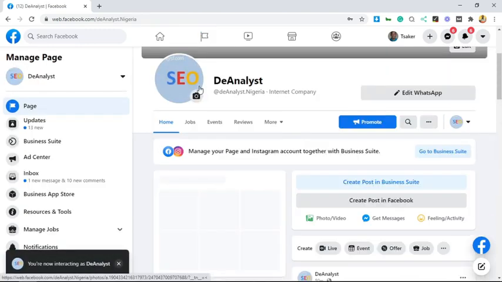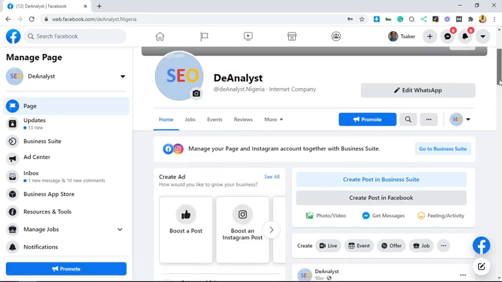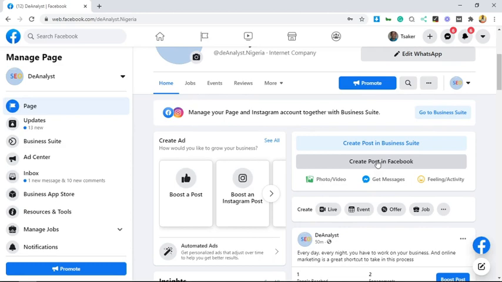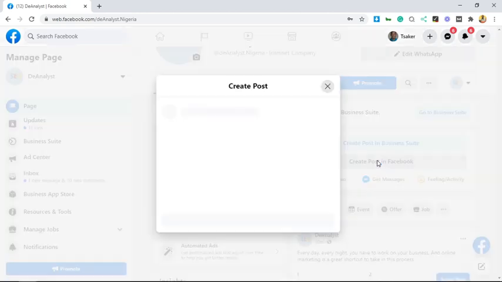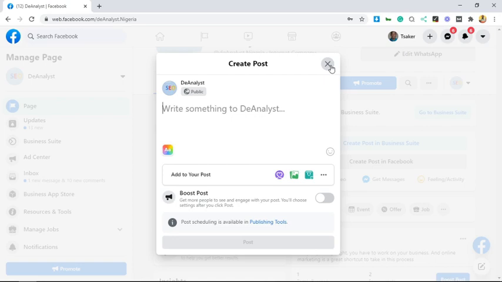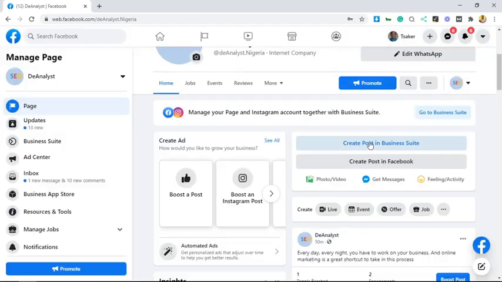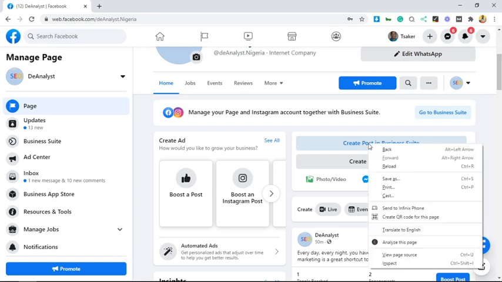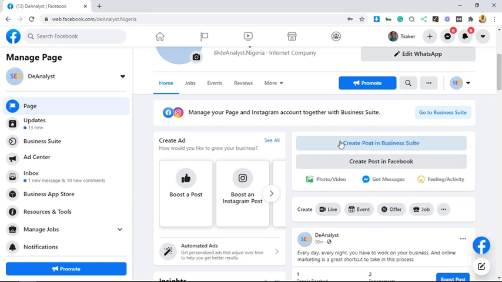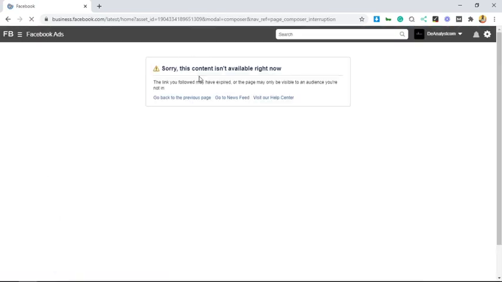So when we click on this page, there are some of the things you could do on this page. Maybe you want to create a post, then you can come right here and create a post in Facebook. But if you have a business manager account, you have a business account, or maybe you want to use some other suites that are related to business manager, then you could create posts in business suite here. So let me just open this in a new window. And my business ad manager account has been having issues. I actually contacted Facebook over it this evening, so we couldn't find anything here. So let's just go back to the